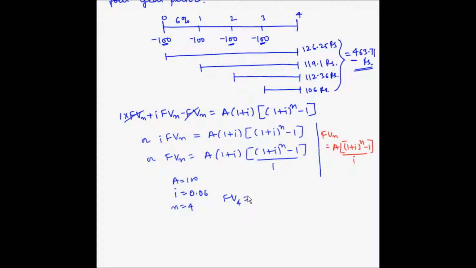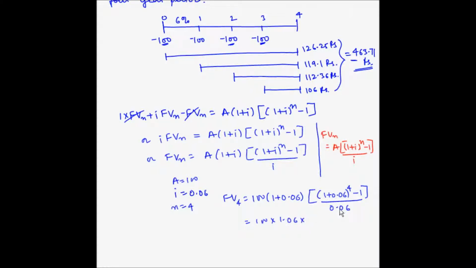So FV4 is equal to 100 into 1 plus 0.06 into bracket 1 plus 0.06 to the power n, which is 4 minus 1, divided by I, which is 0.06. So this is 100 into 1.06